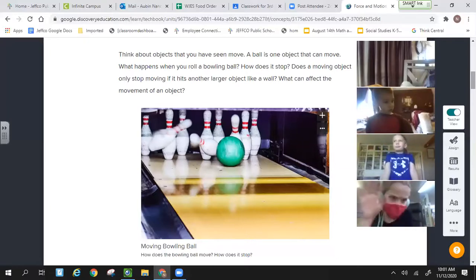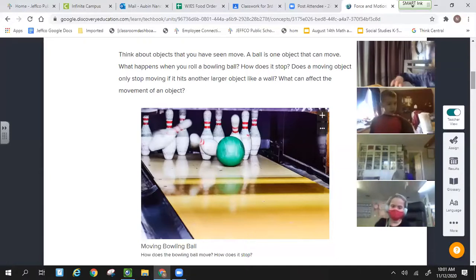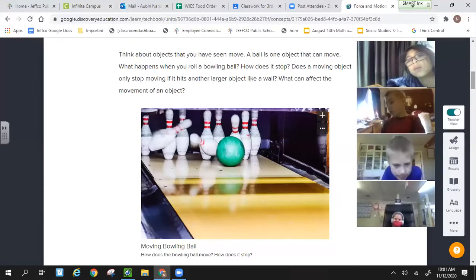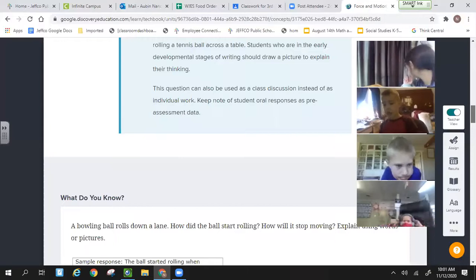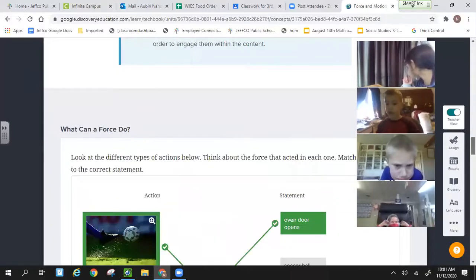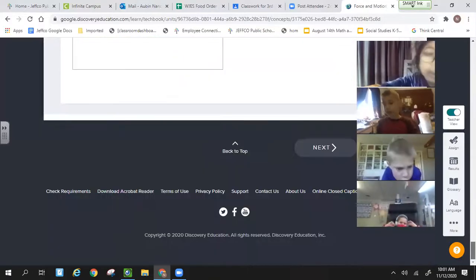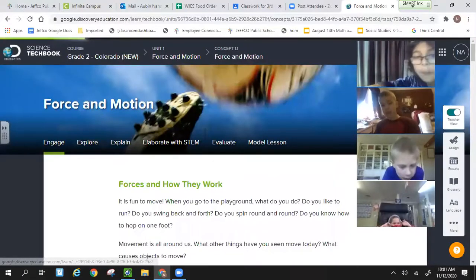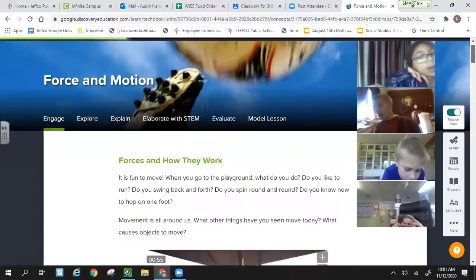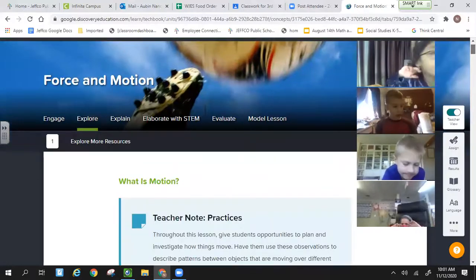Okay, so we're going to talk more about that as we go. You guys have a lot more schema than I realized. Good for you. So now we're going to talk about what forces make things move. So we know motion is movement, yes? We know motion's movement, and we know that to cause that movement, we need to cause it. What are the forces?